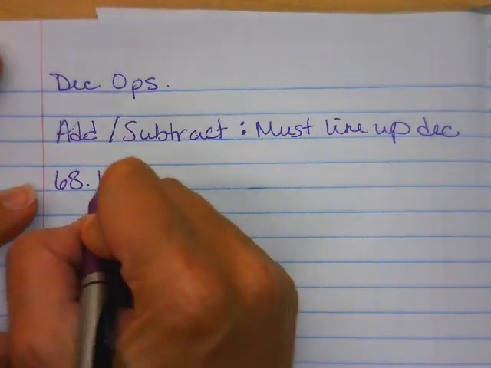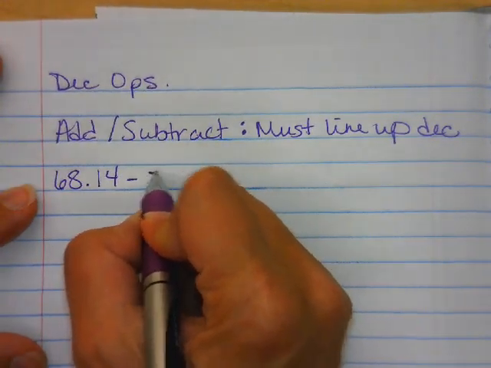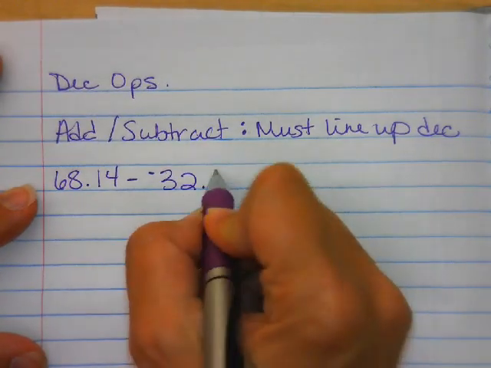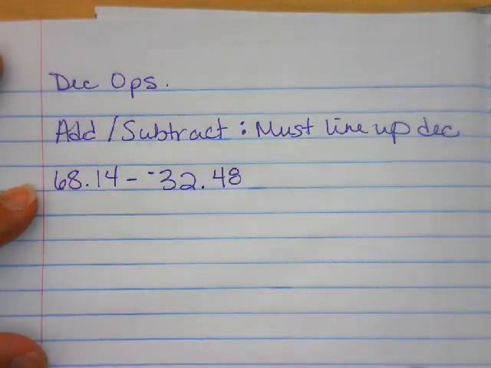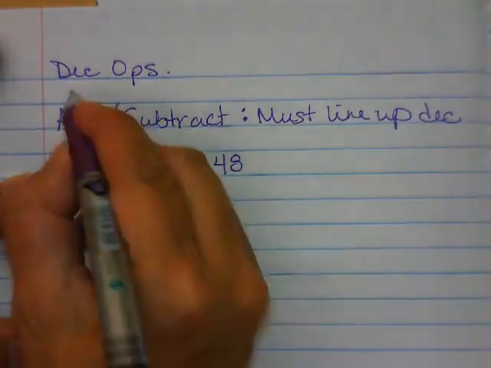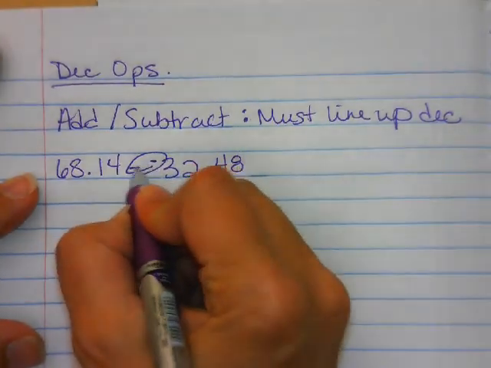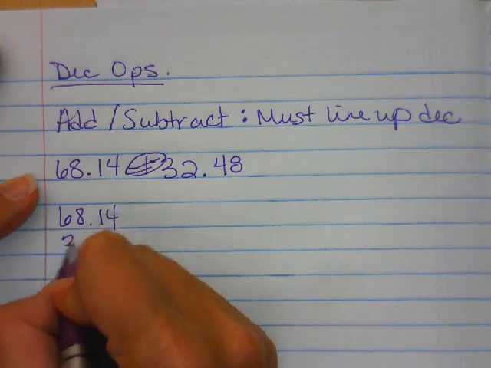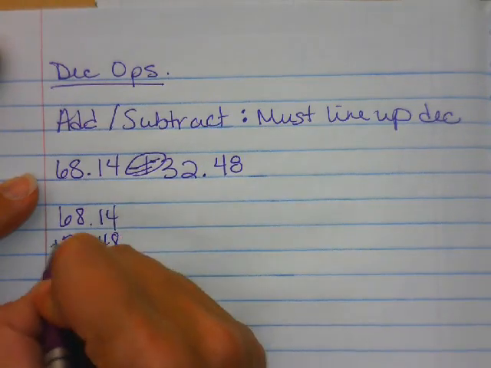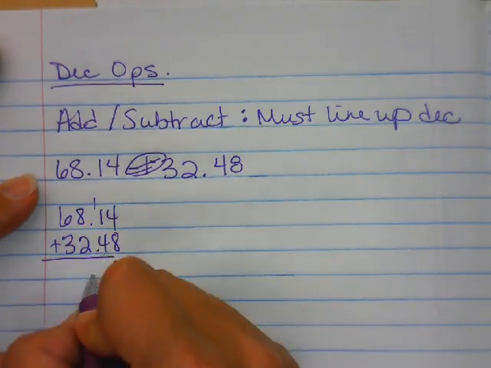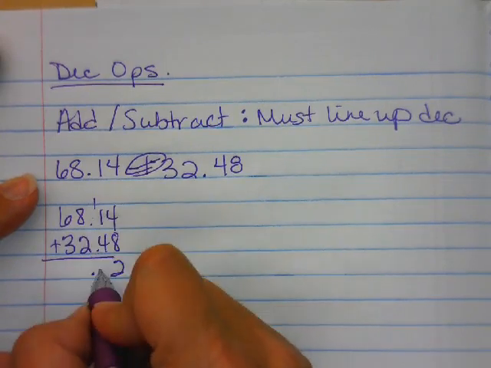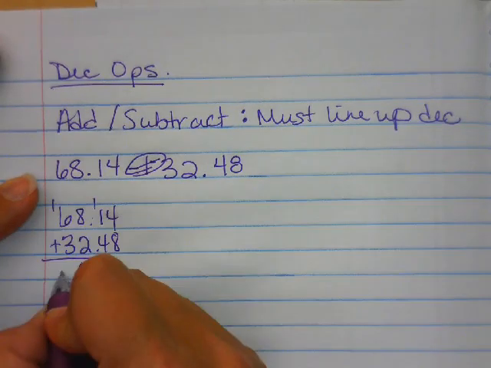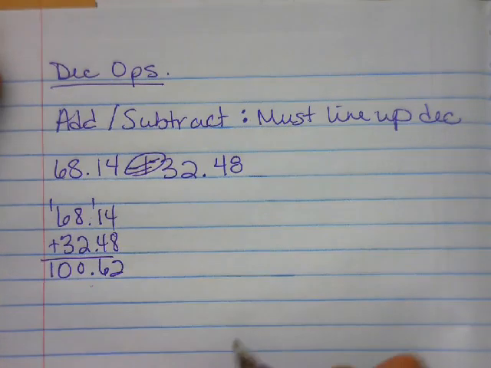68 and 1400ths minus a negative 32 and 4800ths, well, you're going to have to also remember your integer rules. Double negative becomes a positive, so this becomes 68 and 1400ths plus 32 and 4800ths. Bring down your decimal, make sure everything is nice and lined up, and 162